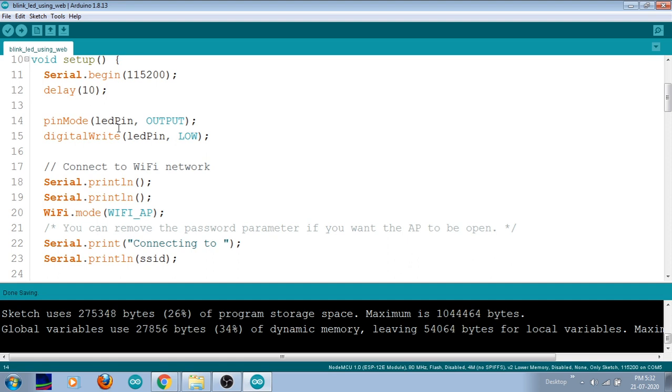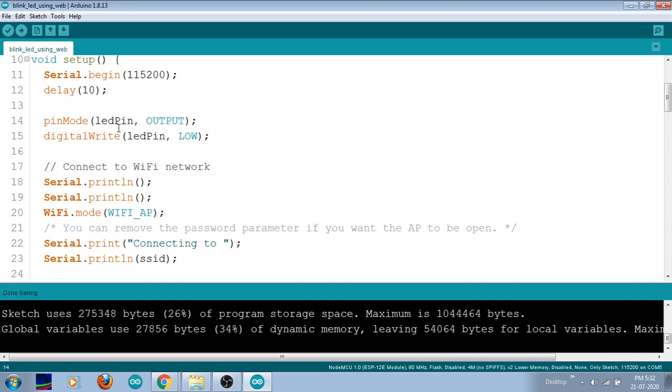Next one is the IP address. In order to connect my devices to the web server, I need an IP address. By using that IP address only, I can control my home appliances. So I'm printing that IP address for my reference, like use this URL to connect my home appliances. Afterwards I'm adding http double slash, because with this only your browser will understand the IP address and configure accordingly.